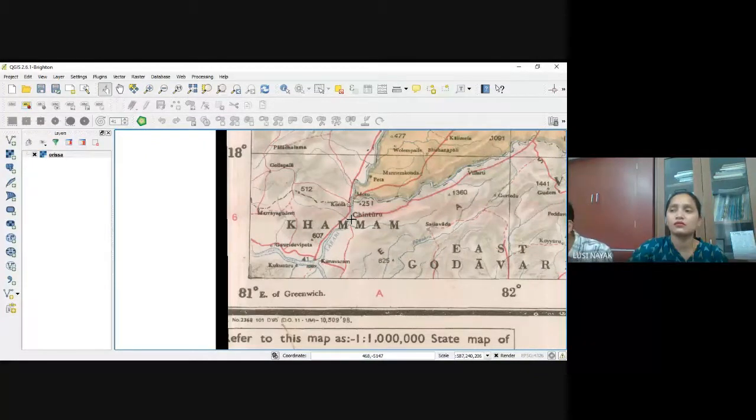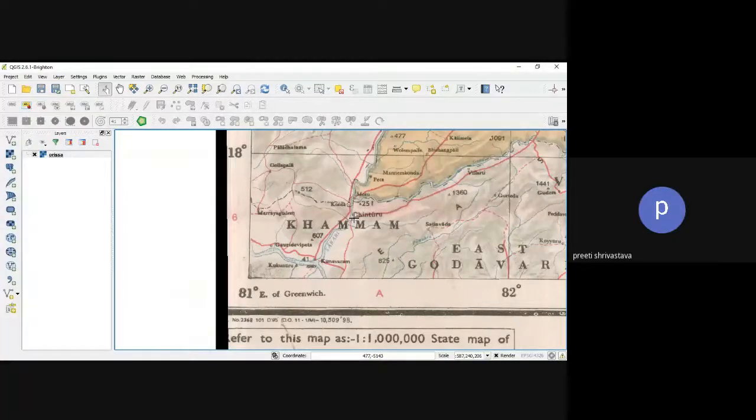Somebody is asking which version is required. I have already told you repeatedly. We have given you the old version link as well as the new version link. I am again repeating this. You have to select the most stable version, which you can get on the QGIS website. It is 2.18. The versions run from 2.6 to 2.18, and 2.18 is the most stable. We are using 2.6 here, so you may select anything.